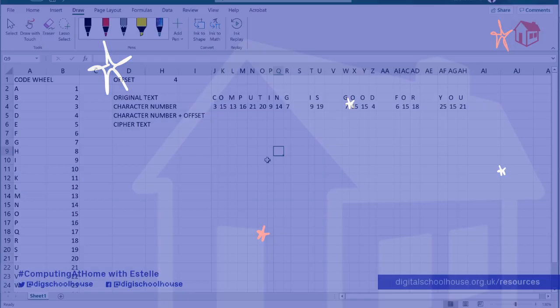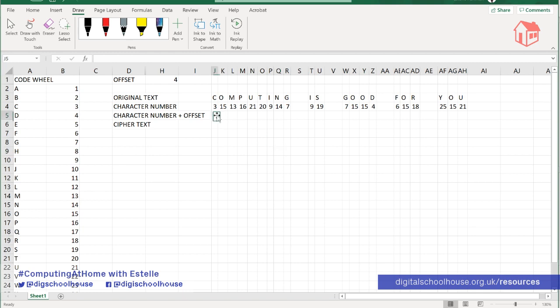Back into our spreadsheet, and we're going to make it so it's adding together this number and this number. Now, I am not going to use the word sum actually, because I don't think you need to. Sum really is when you want to add more than two things together. So I'm just going to add them as a simple formula. Remember, equals first. We're going to click on the offset, the number that we want to add first. We're going to do the character number